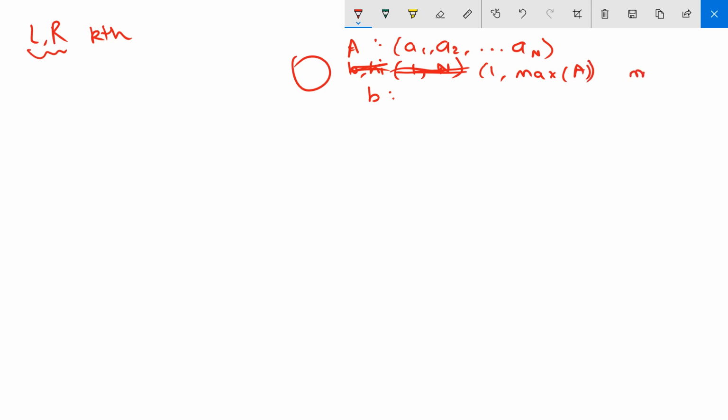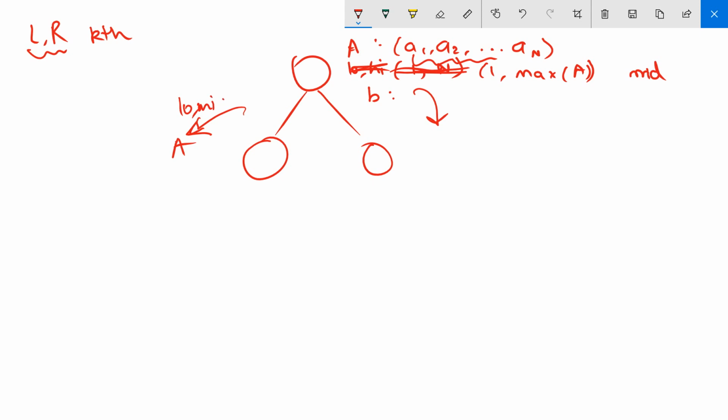Now we will find mid, construct the tree recursively, hold all those entries which are less than or equal to mid over here, greater entries over here. The interval for this is low to mid, for this is mid plus 1 to high. Then find the b array and then recursively do this thing. So that's fine. Now how to solve this query?